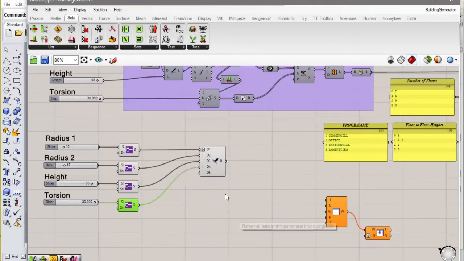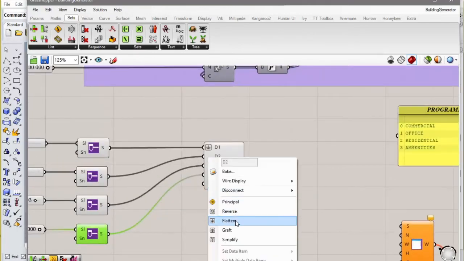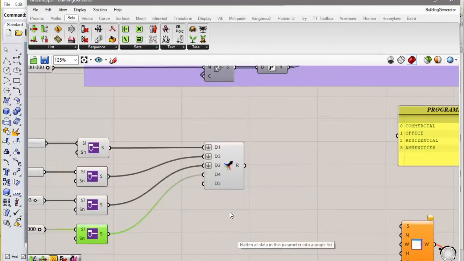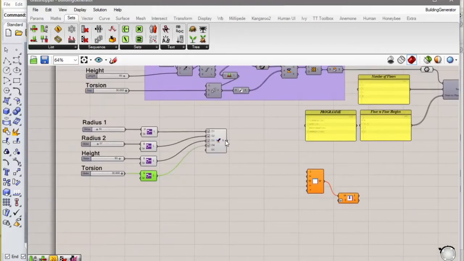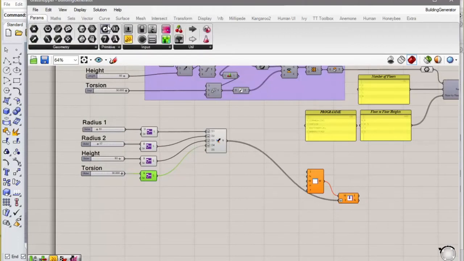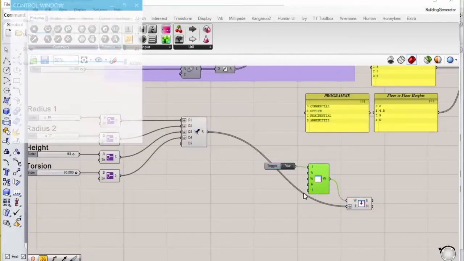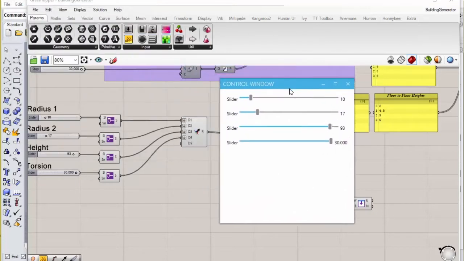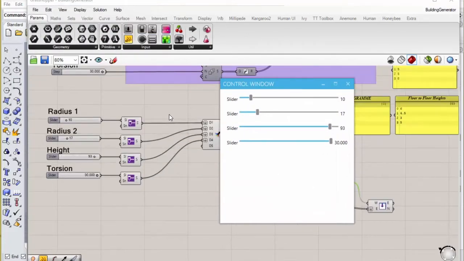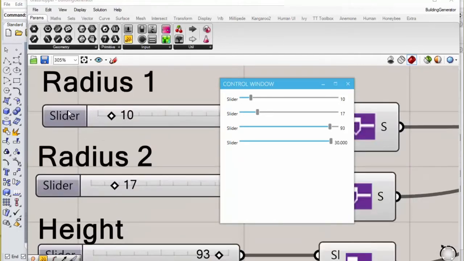It's always a good idea to flatten all of these inputs. And we can add these as elements to our window. And so we just add a toggle to the window component, and then we can launch a window. And there they are. So actually what we want to do is change the names, because at the moment they're just showing what the slider shows.